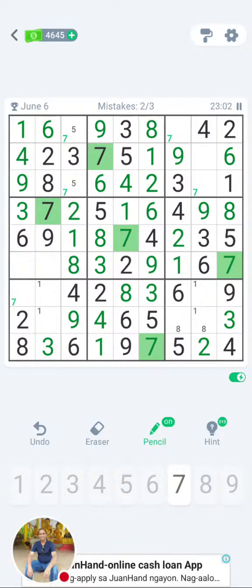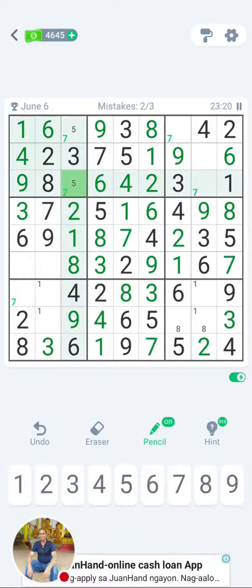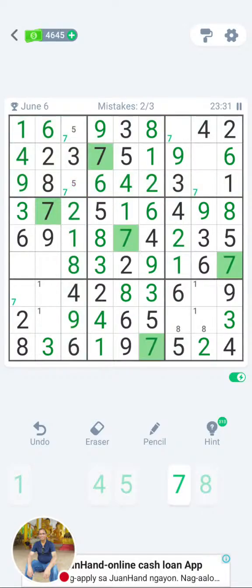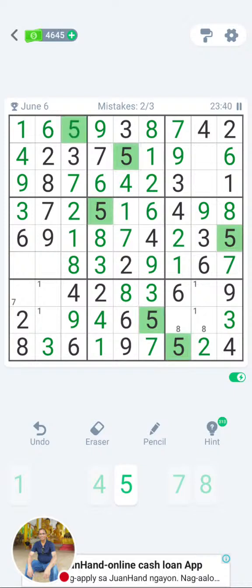And I look on the right hand side, I have 3 blanks. That's 1, 2, 3, 4, 5, 7, 8, so 5, 7, 8 are missing. In the top row I have 8, that means 5 and 7. But if I look down vertical, I already have a 5. Therefore the only number that can come in here is 7. So only 7 can come in there, which means 7 will come in here, which means 5 will go there.